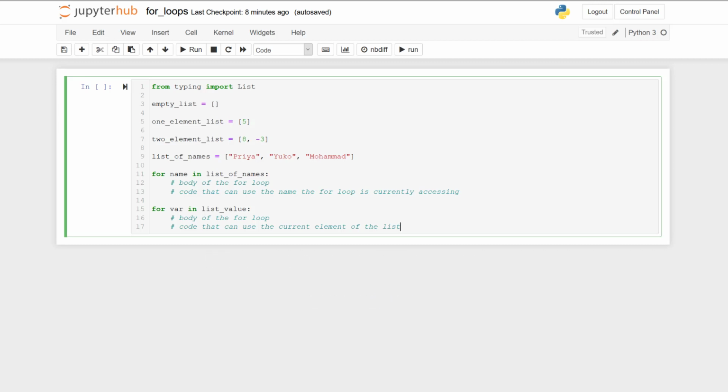The body of the for loop, or the code that is executed every time we access an element of the loop, is demarked by indentation, in the same way that the body of a function is demarked by indentation. As you can see in the examples, we have two lines, currently just of comments, that are indented. Any code that is indented at least one tab more than the for loop is indented is part of the body of the for loop. What code you write in the body of the loop depends entirely on what problem you're trying to solve.